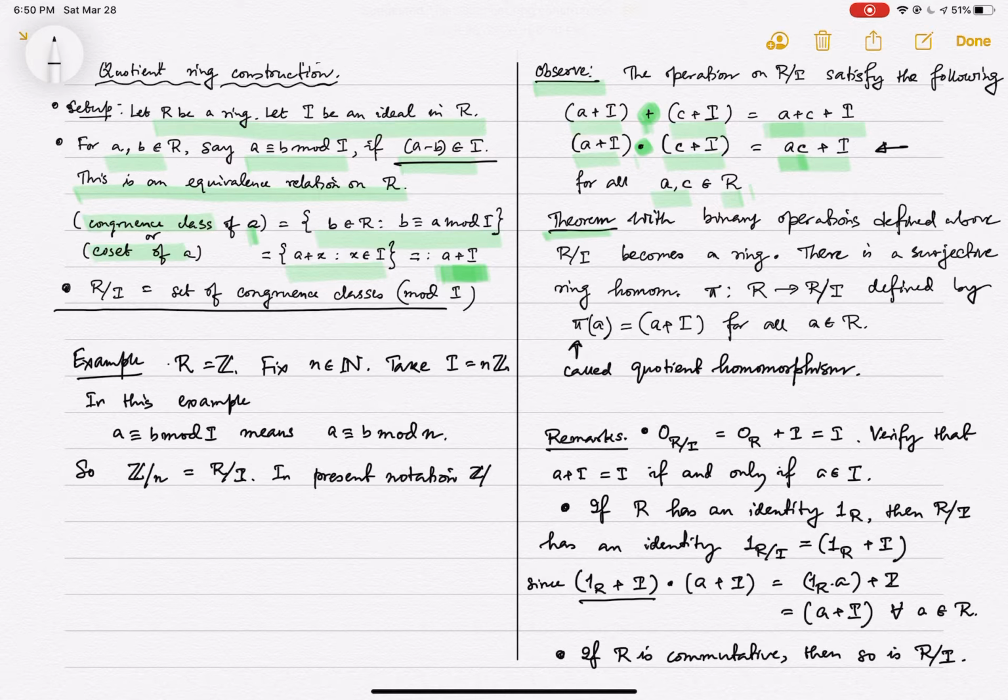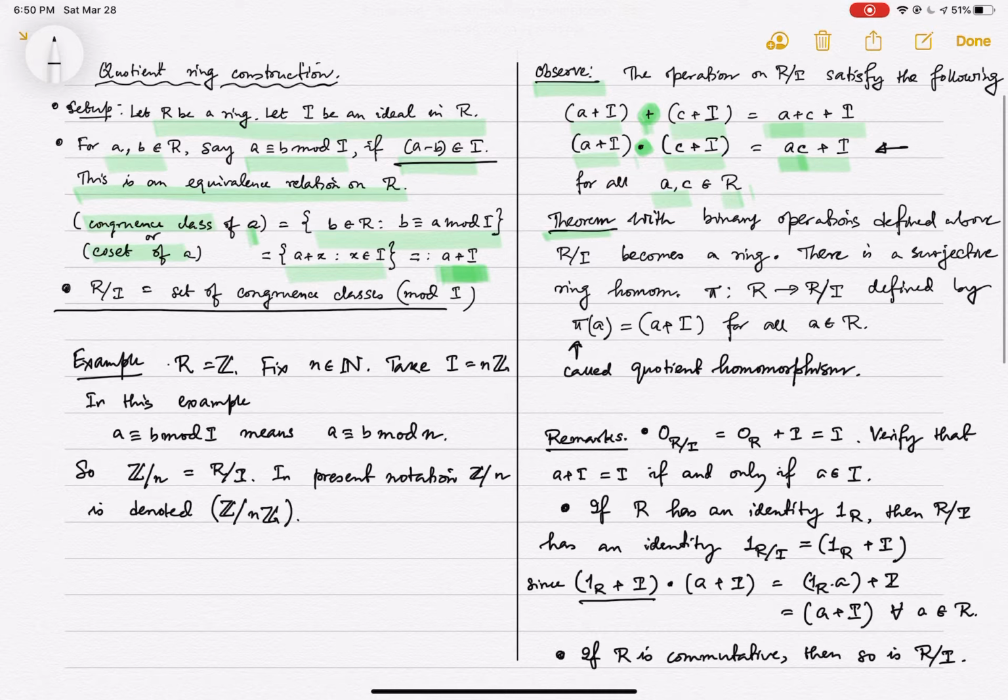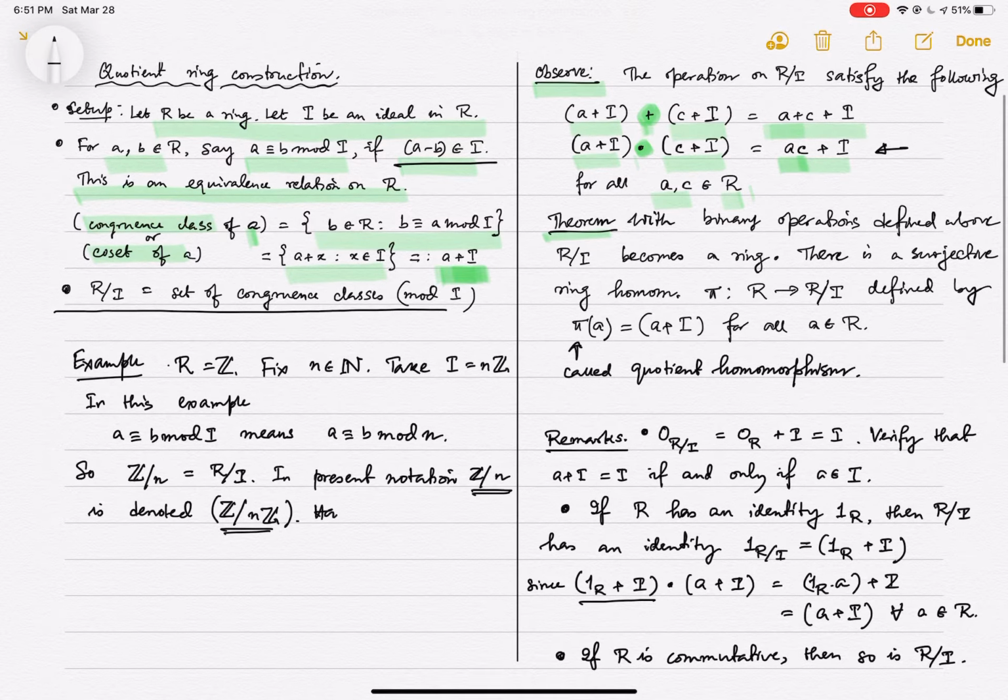Z mod n is denoted, how do we write this thing? The ring modulo the ideal. Yeah, so we'll use these two interchangeably. The notation Z mod n was anticipating this thing, Z mod nZ. Yeah, so we can use either of them. And we have a quotient homomorphism, pi from Z to Z mod n,